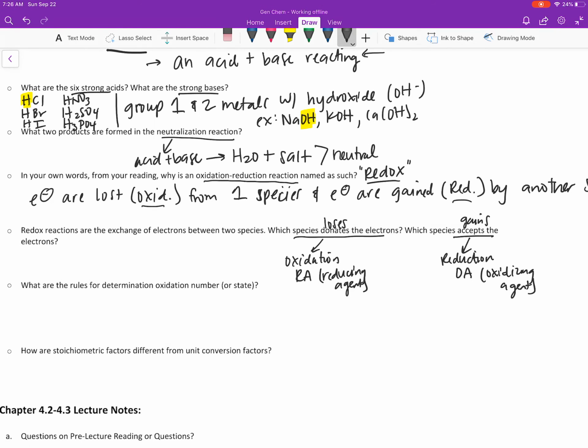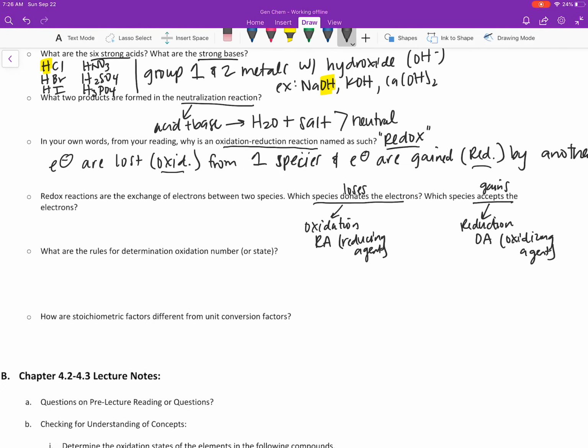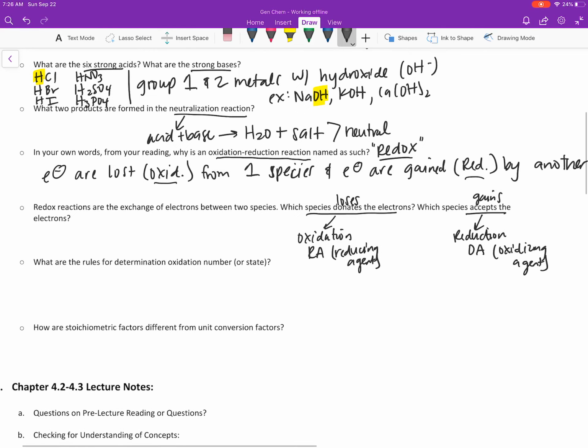Okay. All right, so two more questions. What are the rules for determining the oxidation number or state? Your book has a very long list with lots of descriptions and lots of examples. And so I'm going to make it a little bit more simple and kind of try to boil it down into just a few rules. And so the first one we're going to talk about